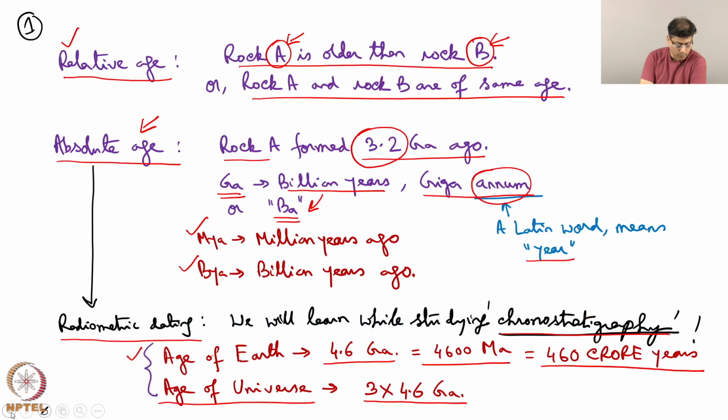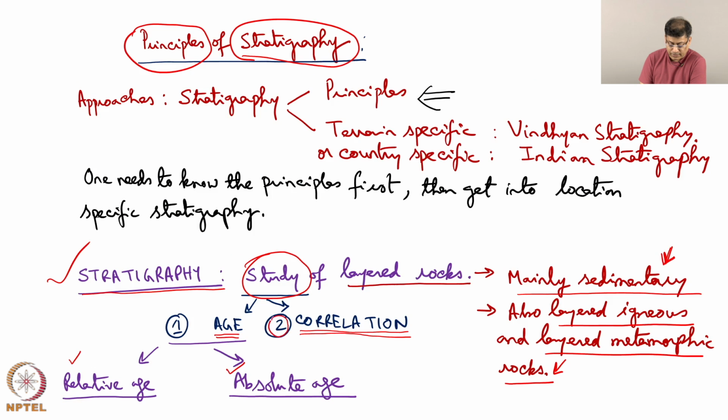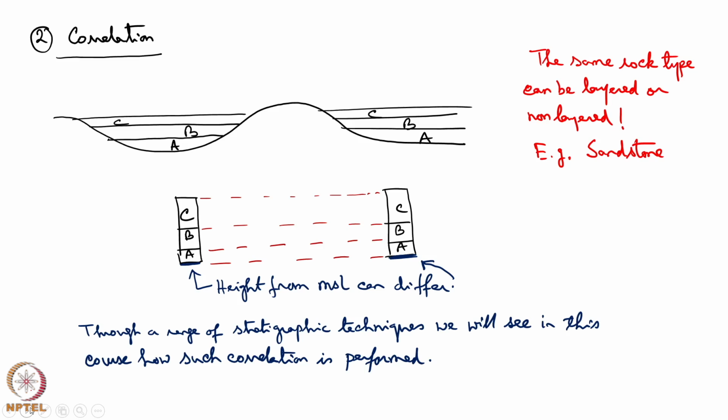Now from here we go back to the second issue in stratigraphy, that is the correlation of rock units. Let us try to understand it. Suppose these are the two depressions in the past, and from elevated area sediments came and got deposited. Rock units A, B and C are found in one basin, which we can call basin 1, and this as basin 2. Within basin 2, units A, B and C also got deposited.